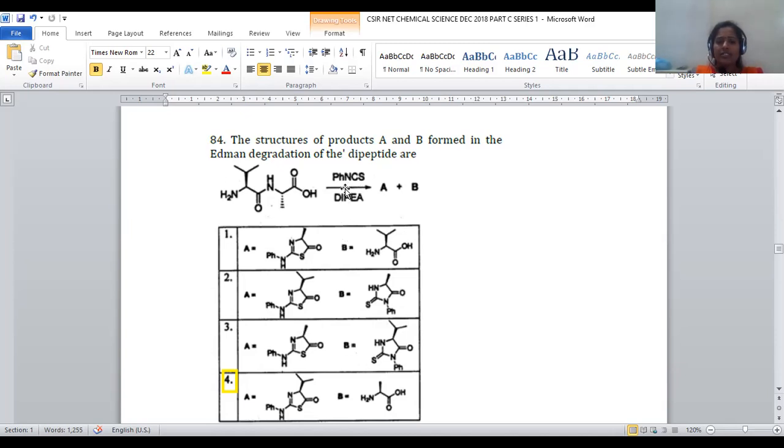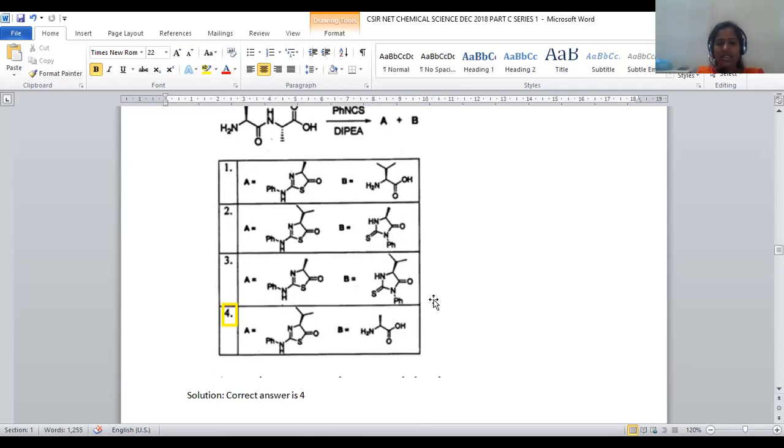Always, whenever this phenyl isothiocyanate is treated with this, the attack takes place at the N-terminal center rather than the C-terminal center. So whatever amino group is there will be attached to this Edman degrading agent, and the remaining peptide will be cleaved without any effect. That remaining peptide group will be cleaved from the center. So in that way, here we have 2 centers. This phenyl isothiocyanate will be attached to the N-terminal, and this amino acid will be discarded, so that one of the products will be this, what we can say, alanine.